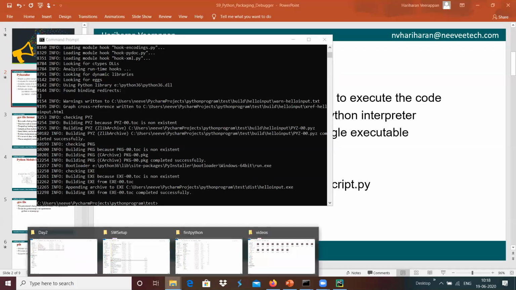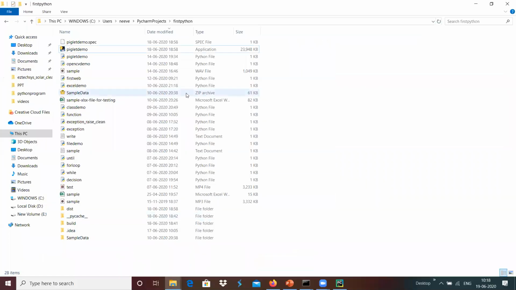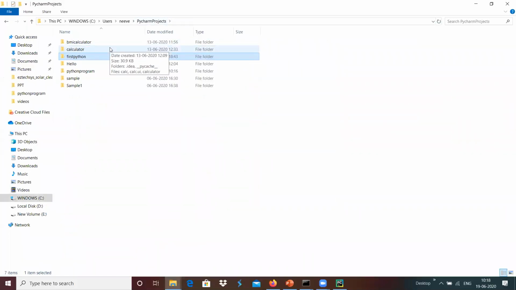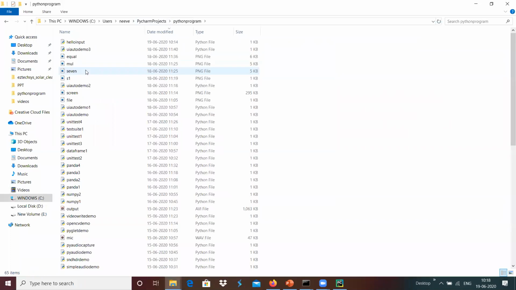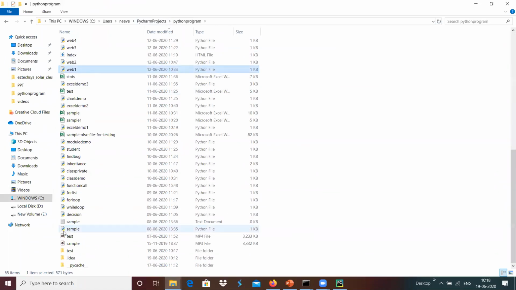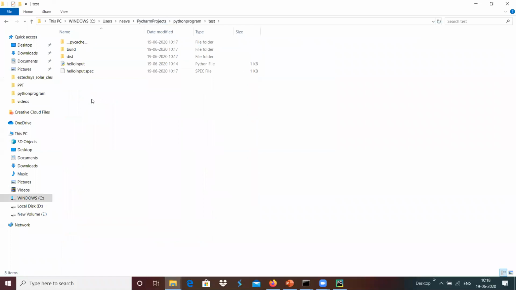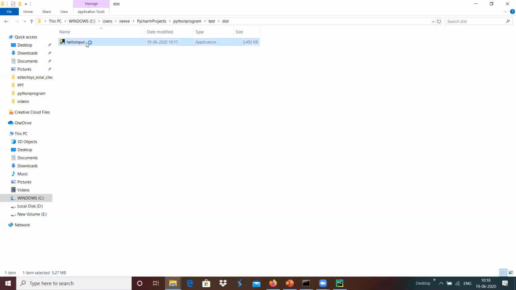Maybe we can go to that location, PyCharm and Python program, and we have the folder test. Inside that we have hello input, and inside dist we got the program hello input. Whenever we run this program, it's a single executable file that I'm running here.